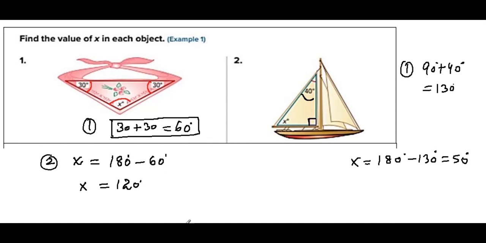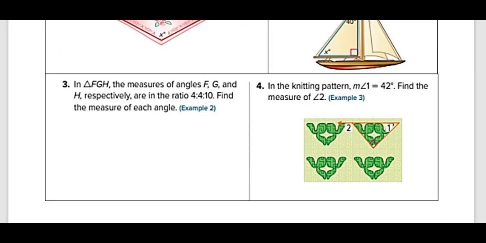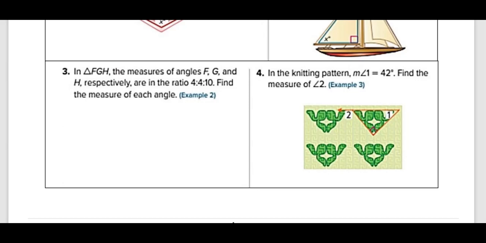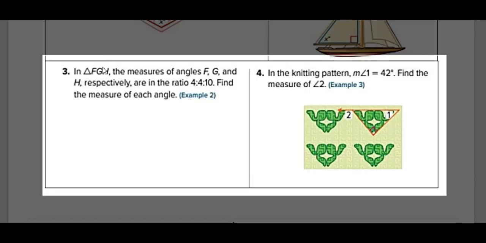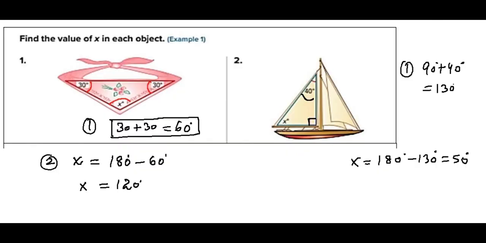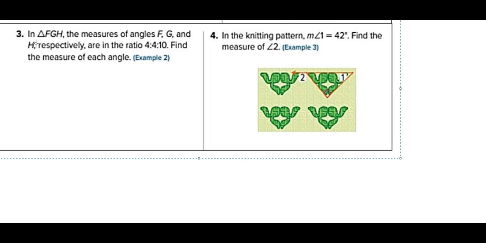So now look at question number 3 and 4. Let me delete this because we have already discussed it. Now look at question number 3 and 4. Whenever they give you a ratio, in triangle FGH, the ratio of the angles is given, 4 ratio 4 ratio 10. So you can say let